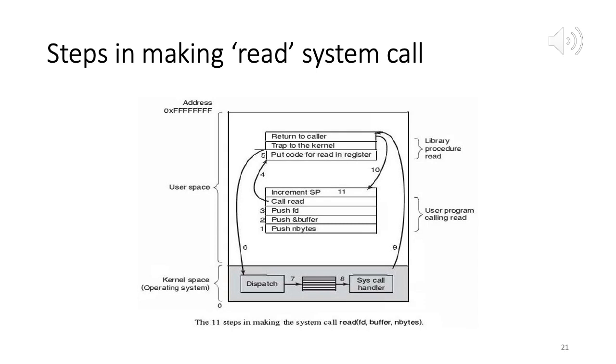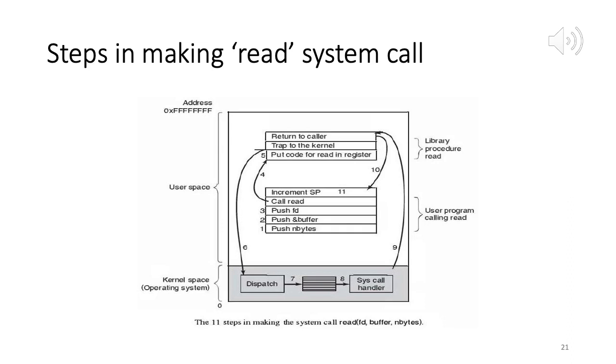Okay, so now I am on slide 21. We'll be wrapping up our discussion on system calls now. These next two slides talk about the implementation or the steps involved in making a read system call. We already know that using system calls we can get access to OS services. Typically, a programmer makes a system call by calling an API, a wrapper function written in a high level language, and that is called in the user space.